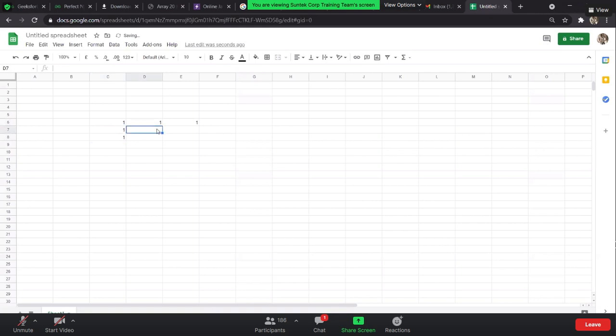In how many ways can I reach over here? That's basically one from here, and the other one going in this direction. The total number of ways of reaching over here is 2. How should I get it? The sum of the above one and the left one. Can you tell me in how many ways can I reach over here?